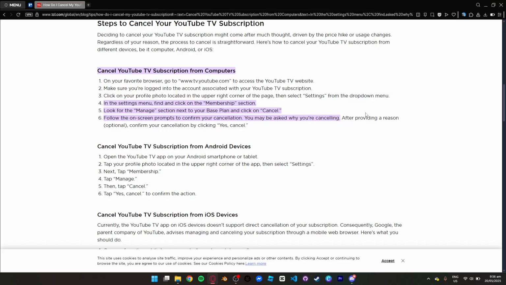How to deactivate YouTube TV. So there are many ways to deactivate YouTube TV, and for the computer's guide, here are the steps. On your browser, go to tv.youtube.com to access the YouTube TV website, and then log into your account